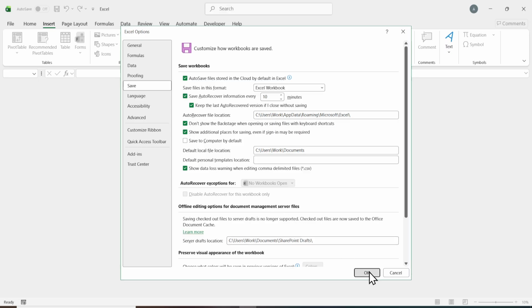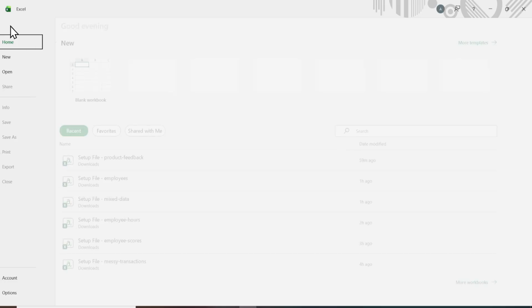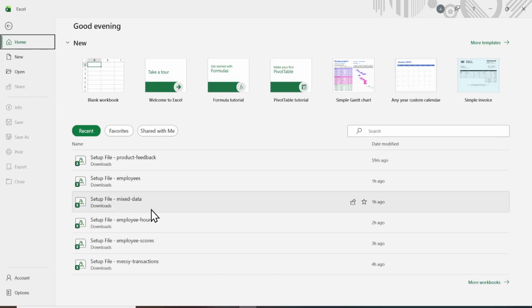After that, go to the bottom right of the dialog and click OK to apply the change, and close the Excel Options window. Now the setting is turned off for keyboard shortcut use, and Excel will open the standard Windows File dialog directly instead of taking you to the full-screen Backstage view. The File tab will still open Backstage normally, because this setting only changes what happens when you open or save